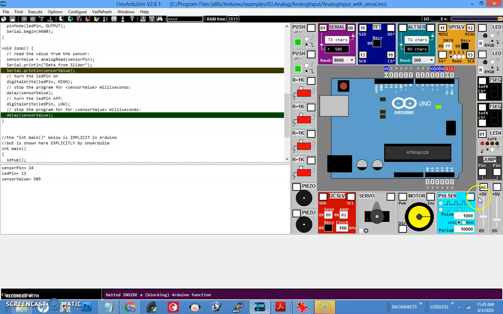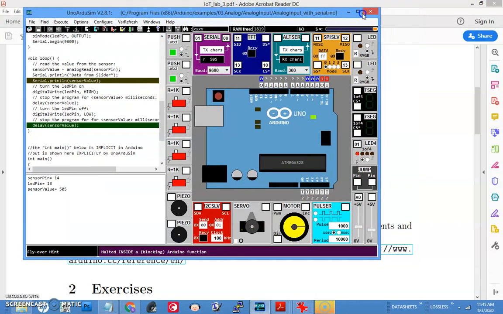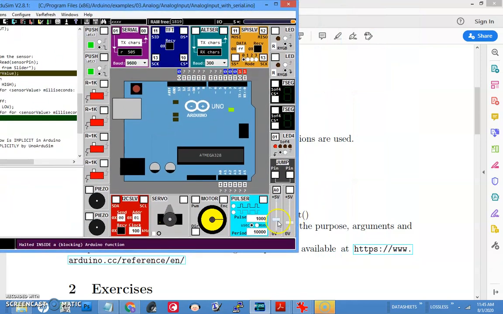On the simulator, you can find the sliders here. I have connected that to A0, and Arduino has 6 analog inputs. That means the ADC is capable of accepting 6 analog sensors. How it works, how exactly it is implemented, etc., we'll discuss in the theory class, where we will find out what exactly happens inside the ADC. For the time being, understand that whatever value you write here makes a connection. I have connected the analog input of this slider to A0.